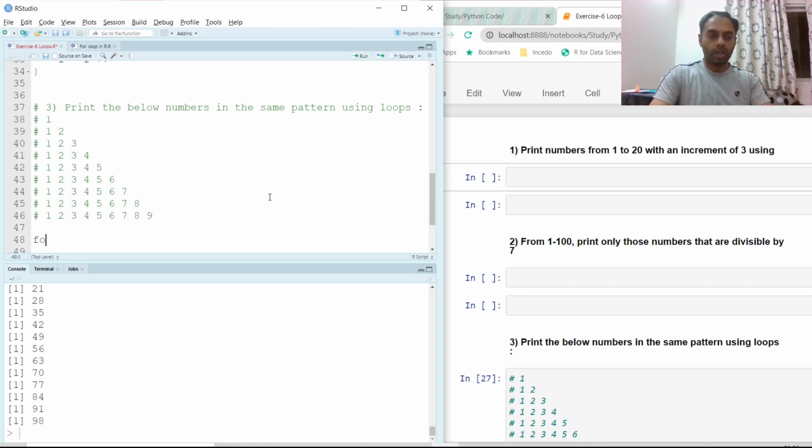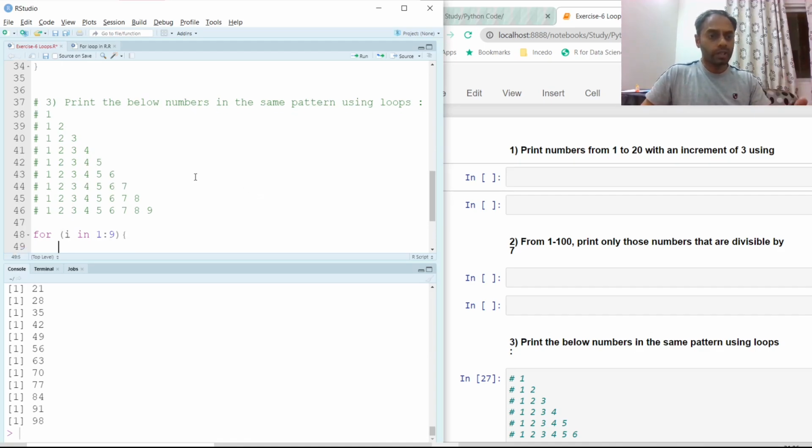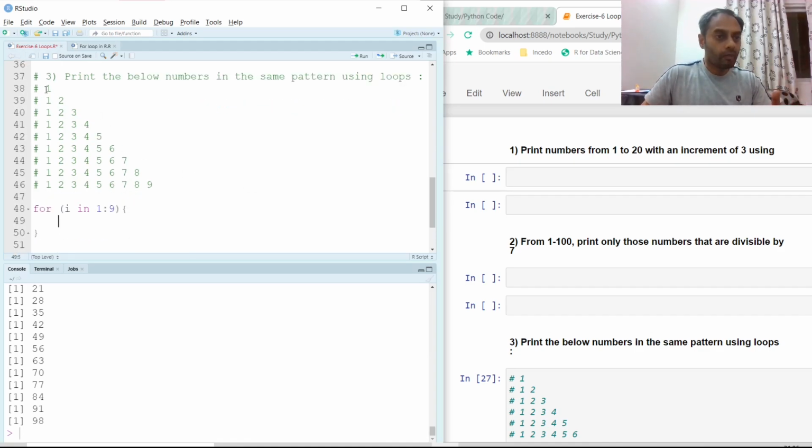So how do we do this? What we have to do is we have to call numbers all the way from 1 to 9. But when we're doing this, we just have to print one number and gradually keep increasing the number of numbers to be printed as we proceed through the next loop. So if we call up another loop, in fact, we don't have to call another loop here. All that we need to do is assign another variable j, and this variable j will be running all the way from 1 to